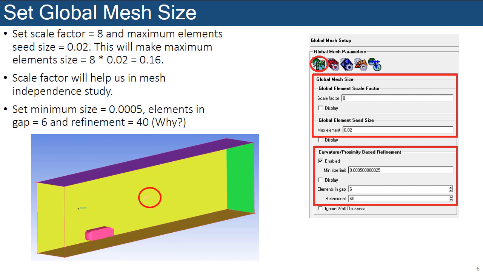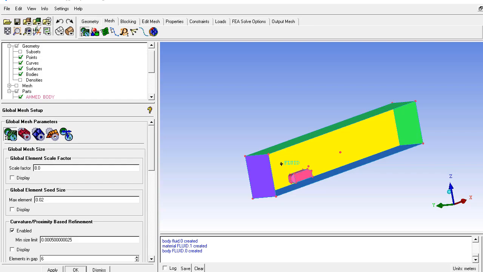When you multiply these two parameters, the scale factor and the global element size, we get the maximum element size, which is 8 times 0.02. The scale factor is the factor which multiplies each size by this value, and the actual size we get on the different parts, surfaces or volume is the multiplication by the scale factor. So if the size is 0.02, you multiply by 8 and get 0.16. This is the size we get in the volume for the maximum element size in the geometry or domain.